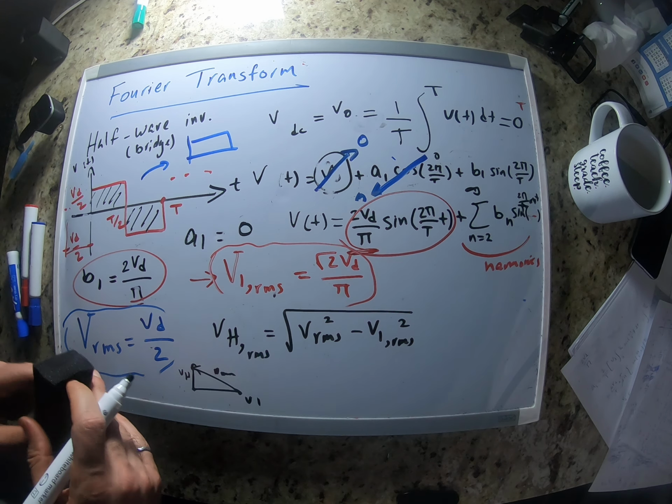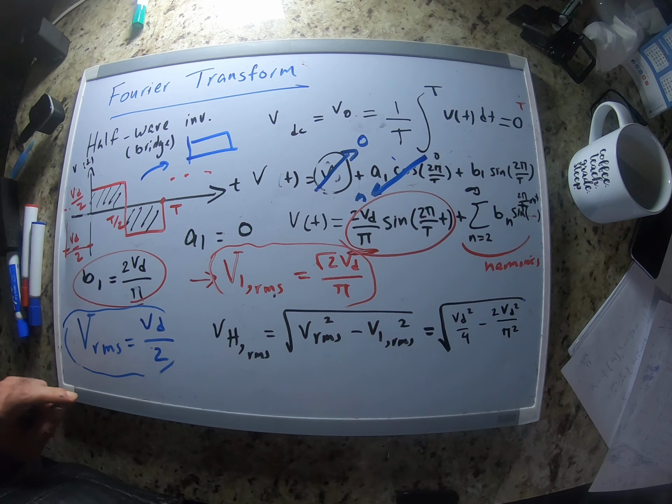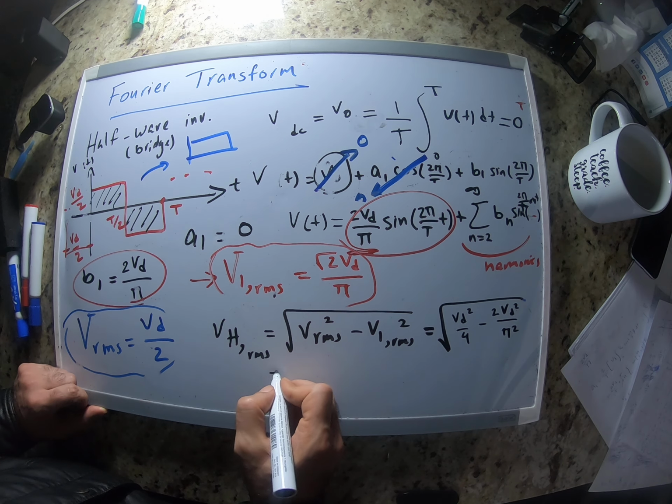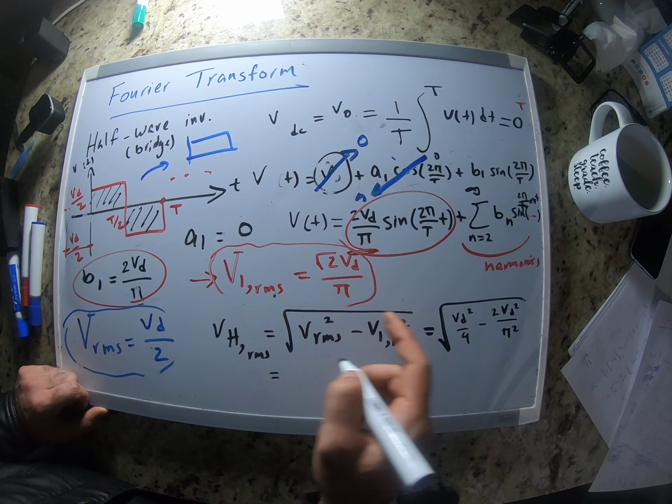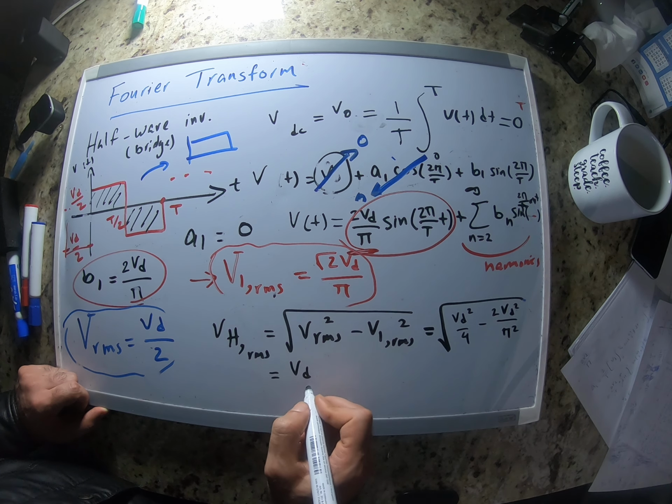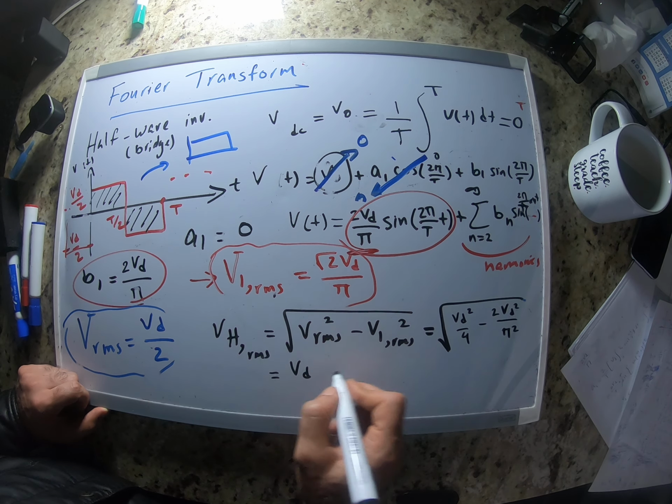Now let's just replace the values that we have here. V RMS squared is going to become Vd squared over 4 minus 2 Vd squared over pi squared. So V harmonic is going to be equal to Vd comes out, and I can take